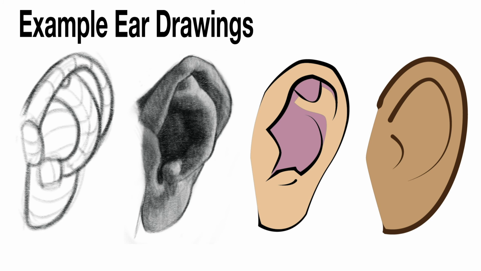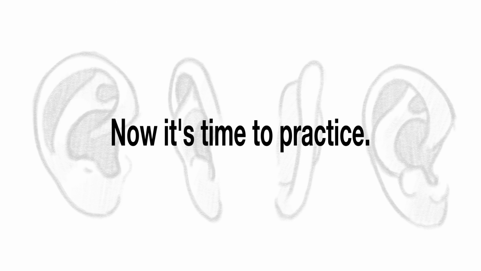This last example simplifies things even more. This time we're not even showing or suggesting all the forms of the ear. Yet, knowing where those forms belong helps us shape this type of ear. Though some parts are missing, it still looks like an ear as the key elements are all in the right spots. That is to say, our audience will accept what's missing because what's there looks accurate. Hopefully this helps you with drawing ears.